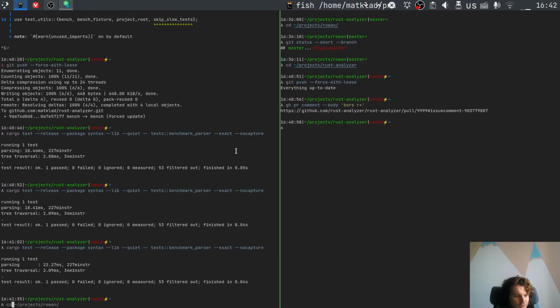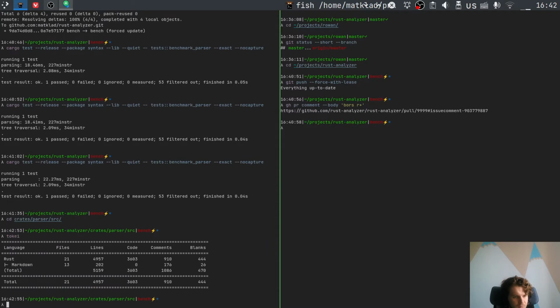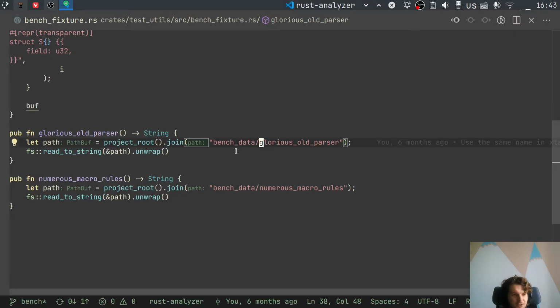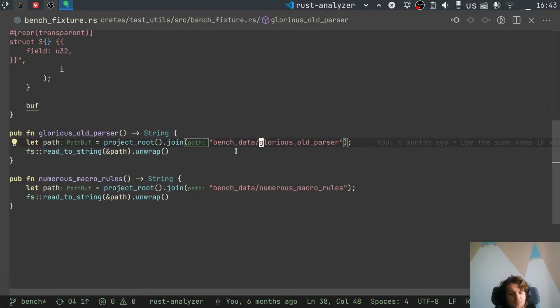Actually, I'm curious, how long is our parser? Yeah, our parser is like 5K lines, which is bigger than I would have expected. I guess writing parsers isn't that easy. Although it doesn't include the generated syntax tree, so the Rust parser is indeed many thousands of lines of code. Anyway,